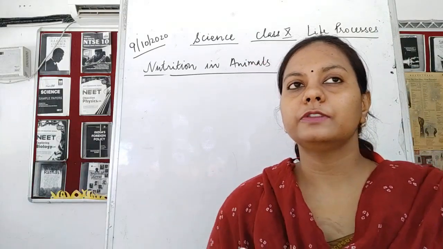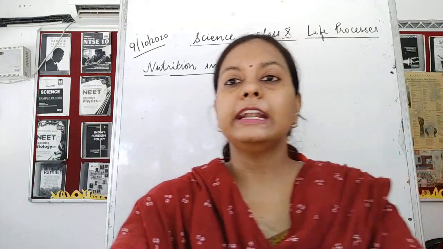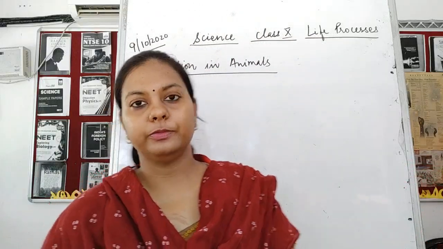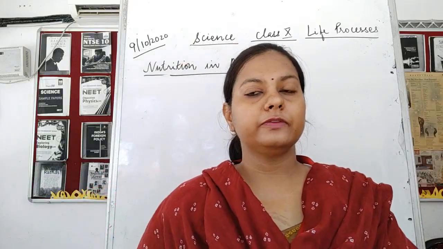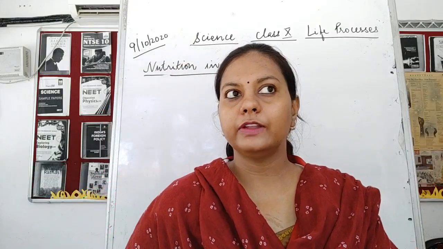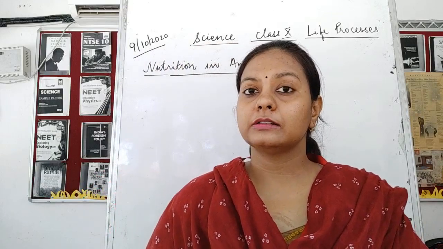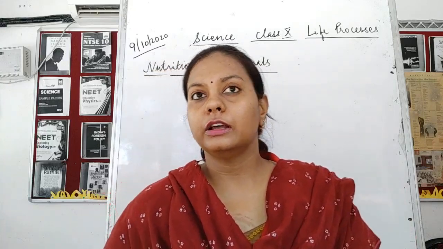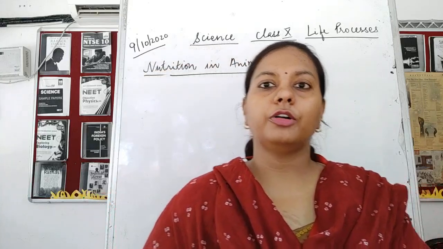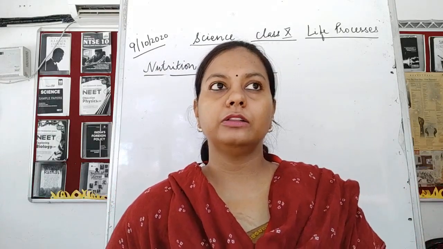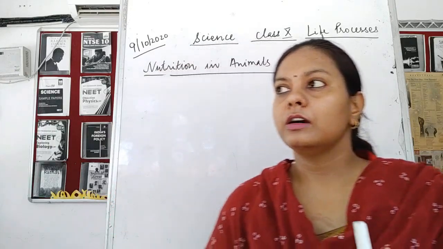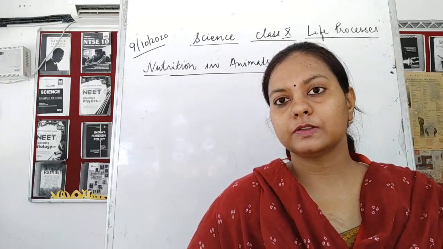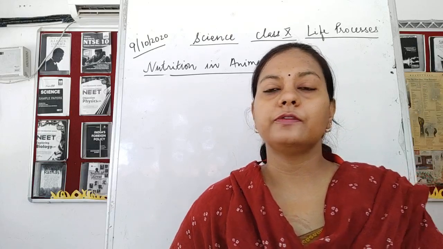Now why am I talking about the different modes of nutrition? It means that there are two types of organisms. Either the organism would be a plant or it would be an animal. Now if the organism is a plant, it will undergo the autotrophic mode of nutrition, and if the organism is an animal, then it is going to undergo the heterotrophic mode of nutrition. Now in the autotrophic mode of nutrition, we saw that the different inorganic material is present. This inorganic material is responsible for the reaction said to be photosynthesis.